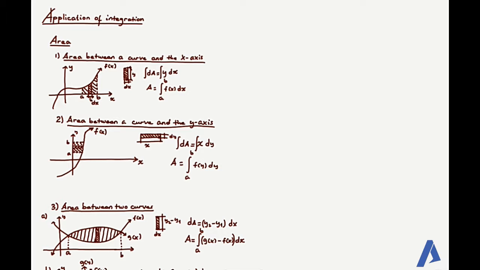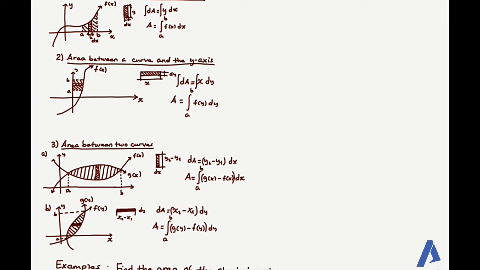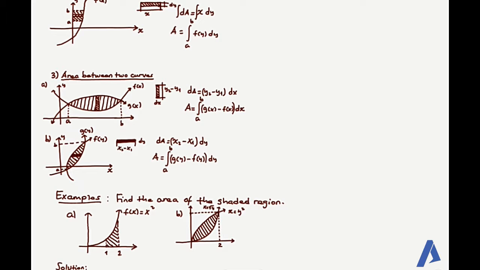ሁለተኛው ኬዝ ደግሞ area between a curve and the y axis. The same way ሆኖ ግን x as a function of y ገልጸን with respect to y ነው ኢንተግሬት የምናደርገው። And area between two curves ደግሞ, in case of a vertical strip ወስደን the height becomes y2 minus y1 and the base becomes a very small distance differential dx. y2 minus y1 ማለት the function of the first curve minus the function of the second curve. So the integral of g of x minus f of x from a to b with respect to x ማለት ነው።